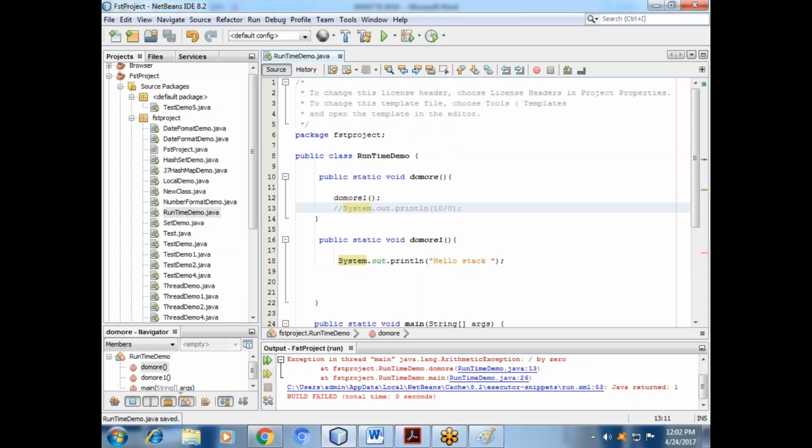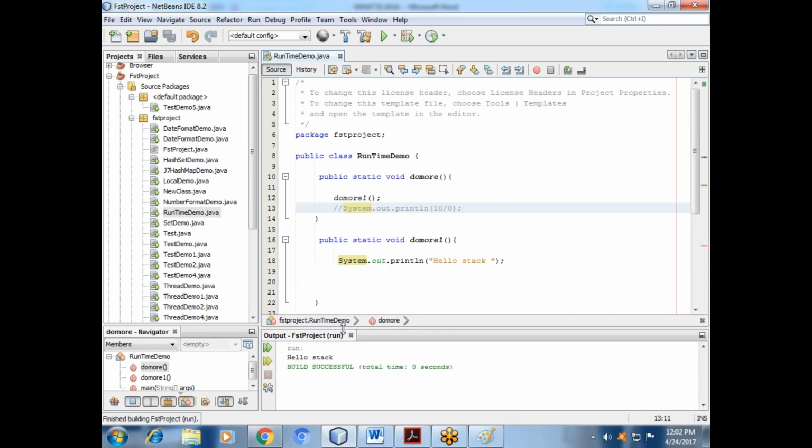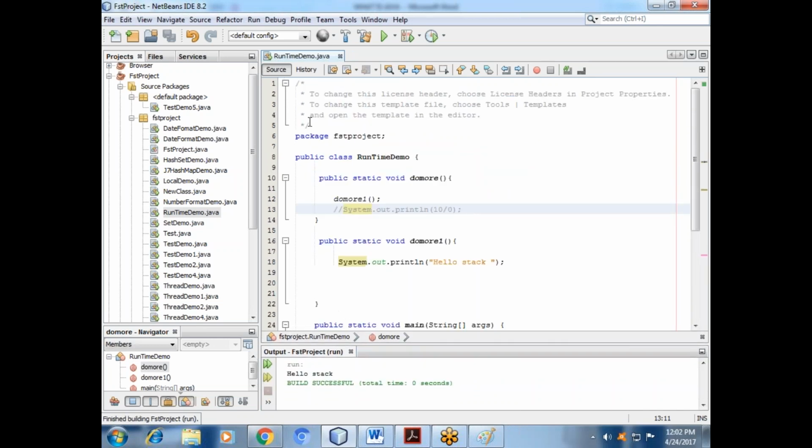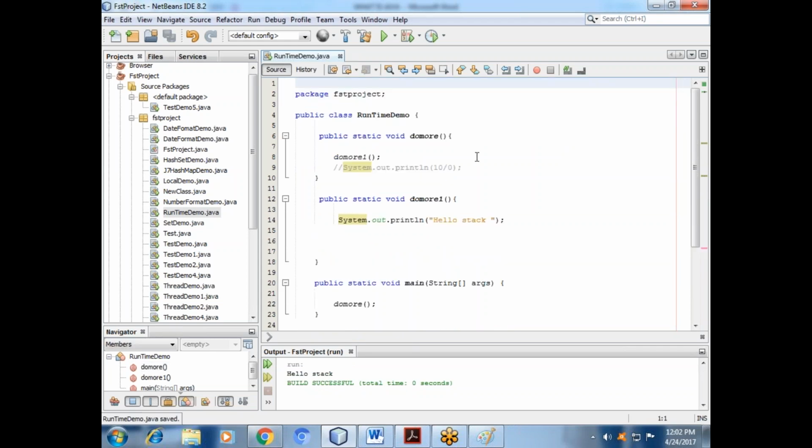The exception which is checked by the compiler. Is this already checked by the compiler or not?